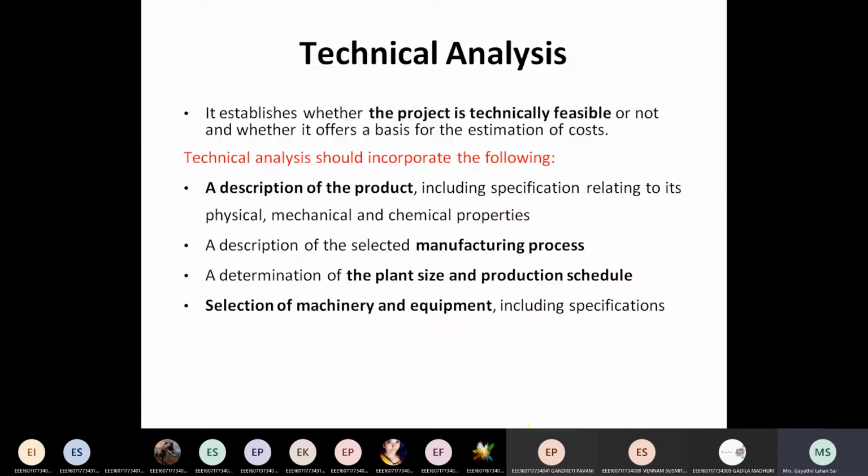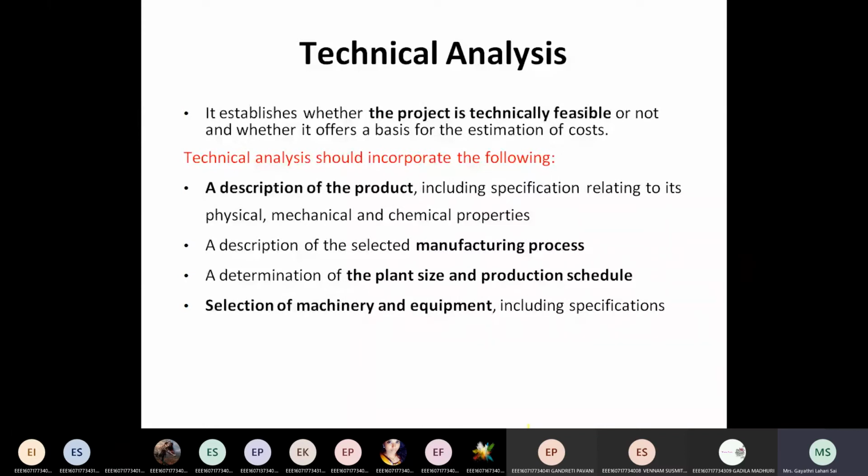Okay, the next small topic of this third unit, and please all of you make a note of what I didn't tell you. In the demand and forecasting, I had skipped the topic of quantitative analysis. I said only qualitative analysis. I have to tell quantitative analysis. Monday I will tell you. And in financial analysis, I had said ratio analysis and break-even analysis. The rest are all there: cost benefit analysis, profitability, all these. Those I will continue in the next class on Monday.